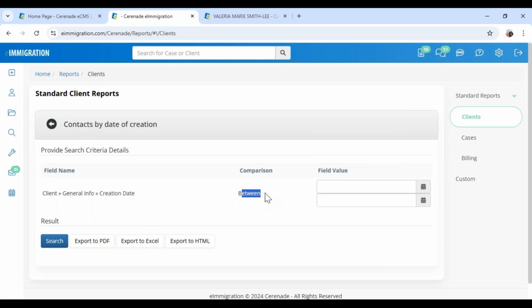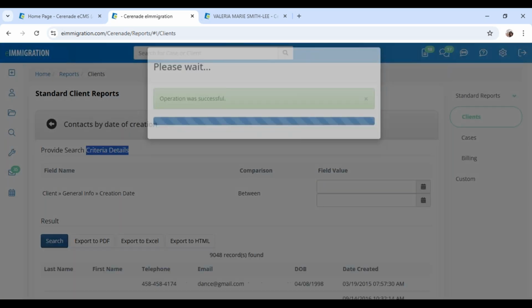What if I want to say, instead of between this and this date, I want to say, just show me this year or last year's creation date, or I want to add more criteria details and say not just the contacts that we created this year, but only the ones that have children. So again, that's a benefit of getting our custom reports module, because you are able to modify the criteria